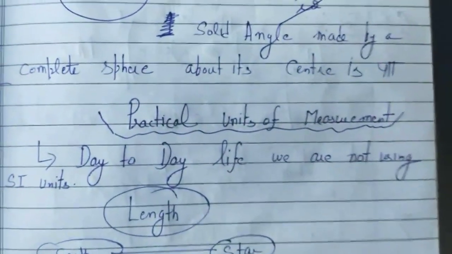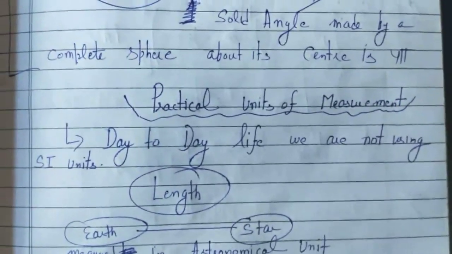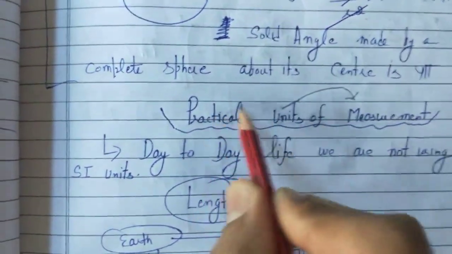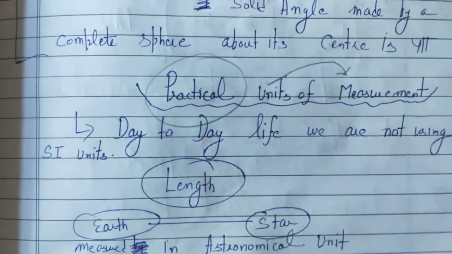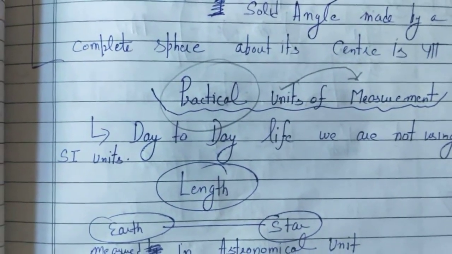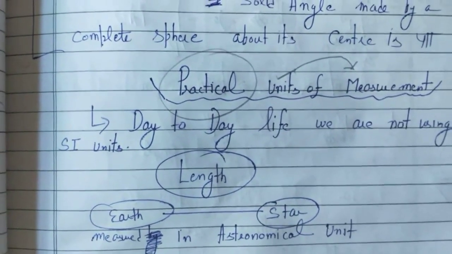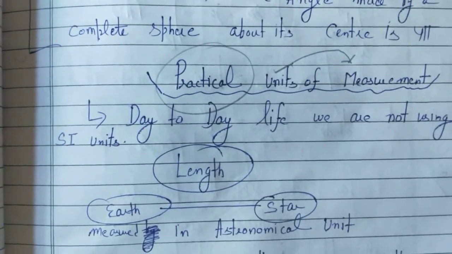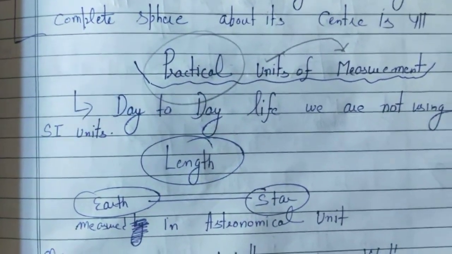Now the next topic is practical units of measurement. What are practical units of measurement? They are the units used in measurement in practical day-to-day life. In day-to-day life we are not using the SI units. For example, in America distance is measured in miles, not in kilometers. Suppose you are going from New York to Jersey. On the milestones, distance will be written in miles, not in kilometers. Like in Punjab, we see that one town is 10 km from another, but it is not like this in America. They are using the mile concept.